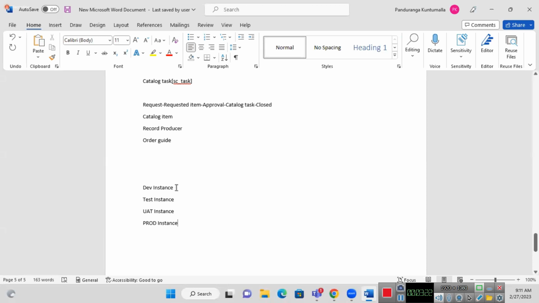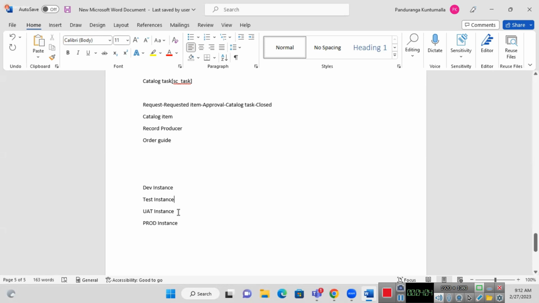Whatever work it is, any small field adding or writing scripts or anything, first we need to start the activity on the dev instance. Any work, creation of users or moving the users, we need to start in the dev instance. If everything is completed, then the requirement moves to the test instance. Here, the tester will test the functionality end to end. If testing is successfully completed, with no errors and no bugs found by the testers,